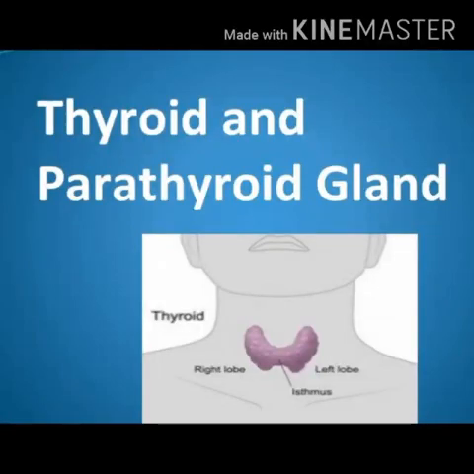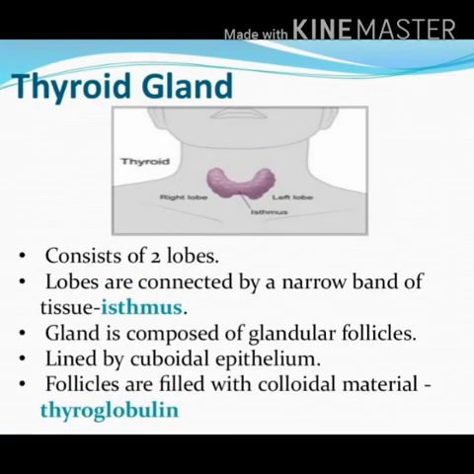In today's class, we will see about the thyroid gland and parathyroid gland. First we will see about the thyroid gland. This thyroid gland consists of two lobes, the right lobe and the left lobe. In this picture you can see the two lobes. These two lobes are connected by a narrow band of tissue, and that band of tissue is called the